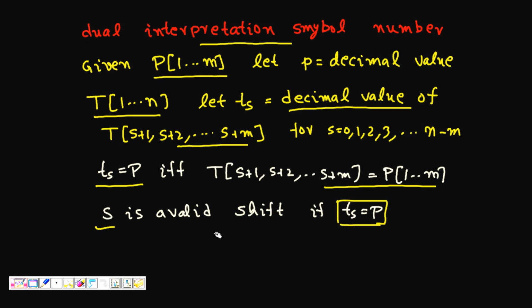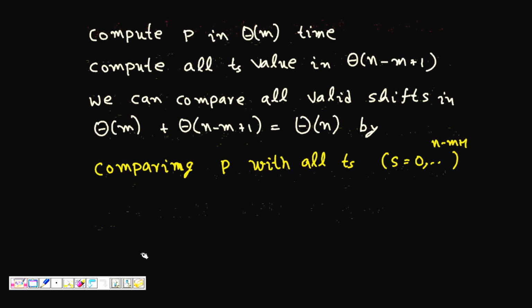But now, how to compute the values? So we have a text, a pattern, let's say 2, 3, 4, 6, 7. How to find the numerical value of this? Because for now, these are text, these are characters, we don't have a value for them. So how to find the numerical value?